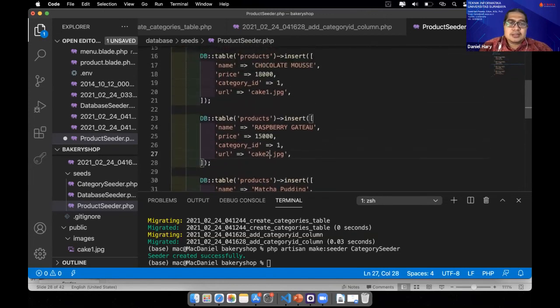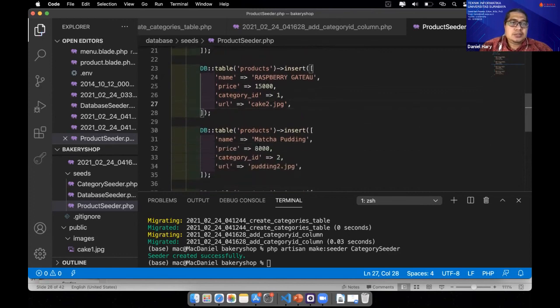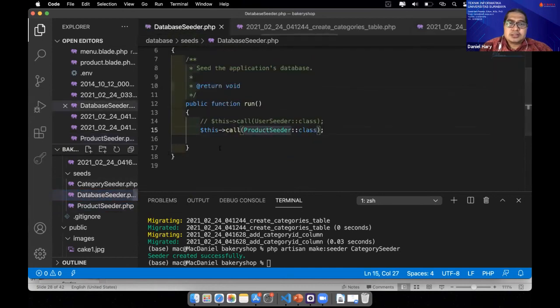Okay, and we have to put into the database seeder the category seeder first. We put the category seeder first because the category is a lookup of the product, like this one.